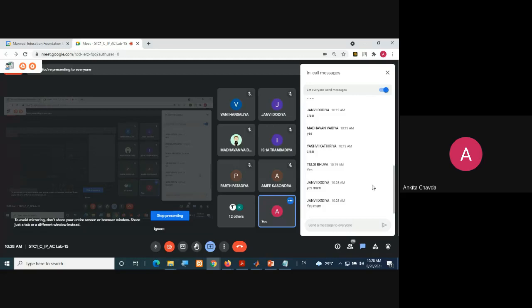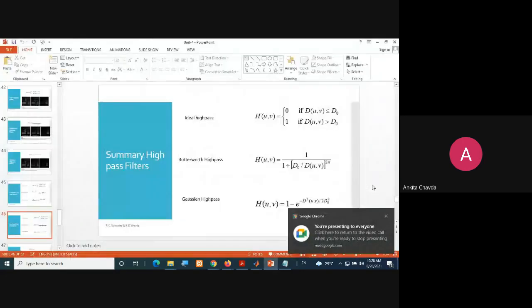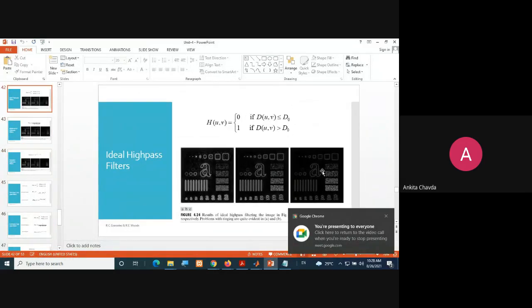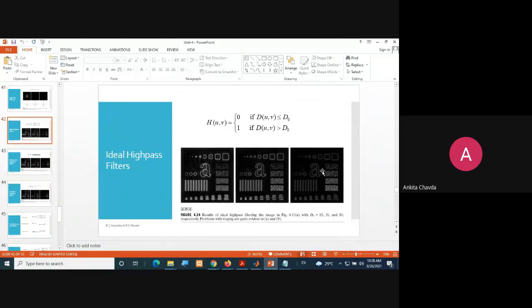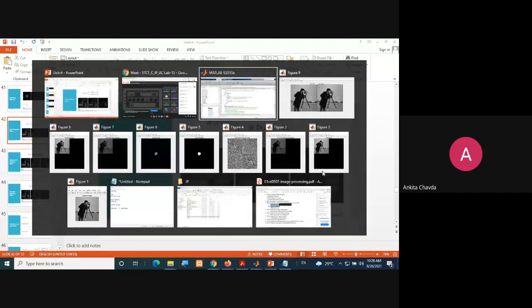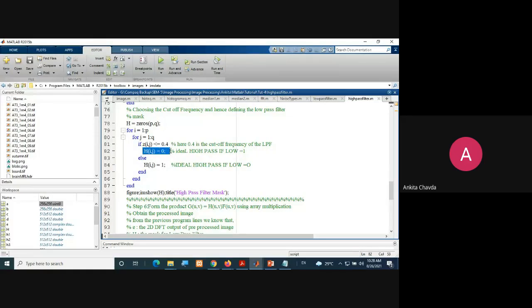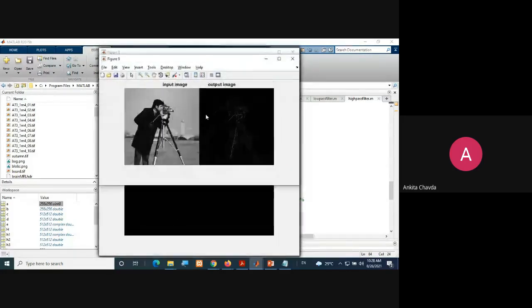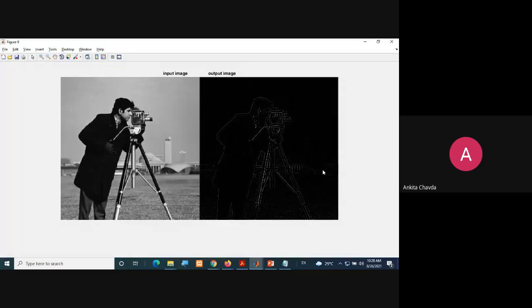Okay. That is why we have seen that we only get boundaries, only edges, in the high pass filter. The same we will check over here. This is what I have done: H of ij equals 0 and H of ij equals 1. Just by one change, you can check the result. This is the reverse. Here it is not allowed, and outside everything is allowed. So this is my result. It will always allow boundaries, not the low frequencies.